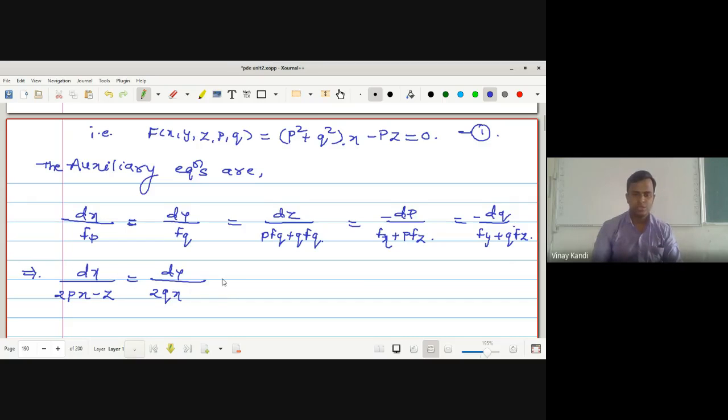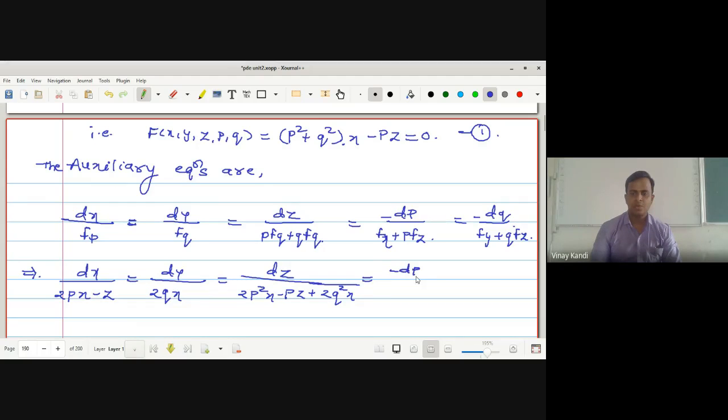Okay. Then dz upon pfp. P into this one. So what we get here now? 2p square x minus pz. Okay. Plus qfq. So here you get 2q square x, which is equal to